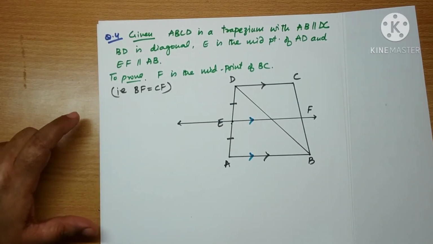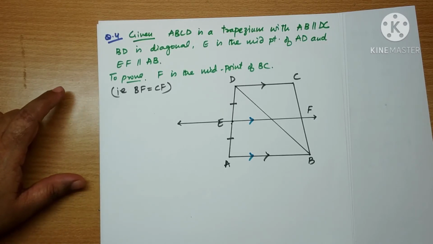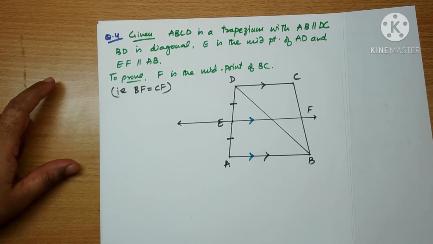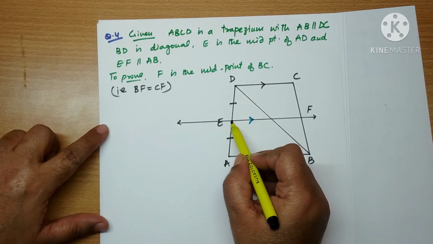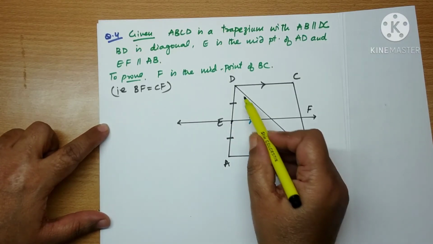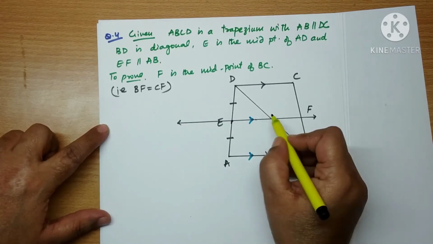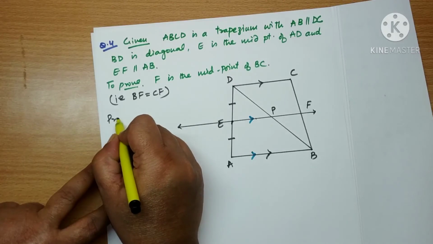So, equality of the parts, how do we get it? Midpoint? By the converse of midpoint theorem. Right. And what does the converse of midpoint theorem state? The converse of midpoint theorem says, in a triangle, a line passing through the midpoint of one side, parallel to the other side, bisects the third side. Let's call this point P. So we will be using this result.